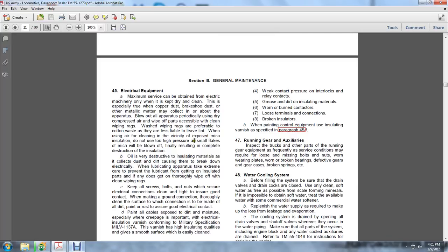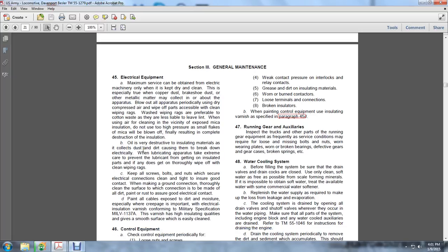Do not use high pressure or small flakes when the mica is blown off, as this will finally result in complete destruction of the insulation. Oil is very destructive to insulating material, collecting dust and dirt and causing the breakdown of the electrical insulation. When lubricating electrical apparatus, take extreme care to prevent the lubricant getting on the insulated